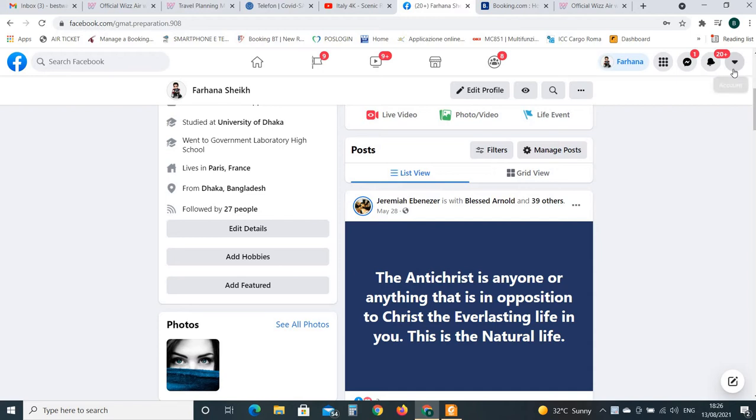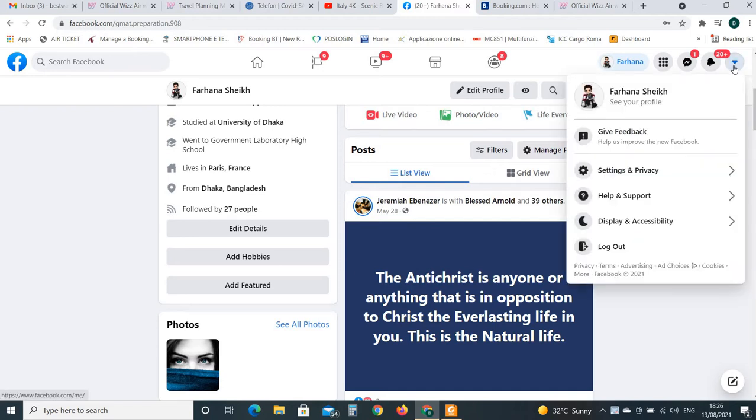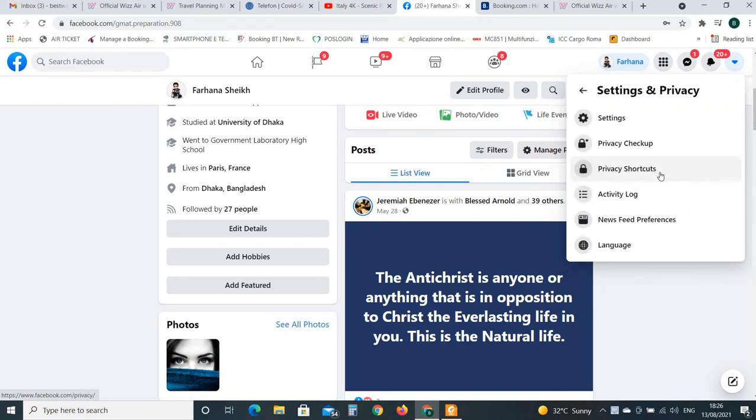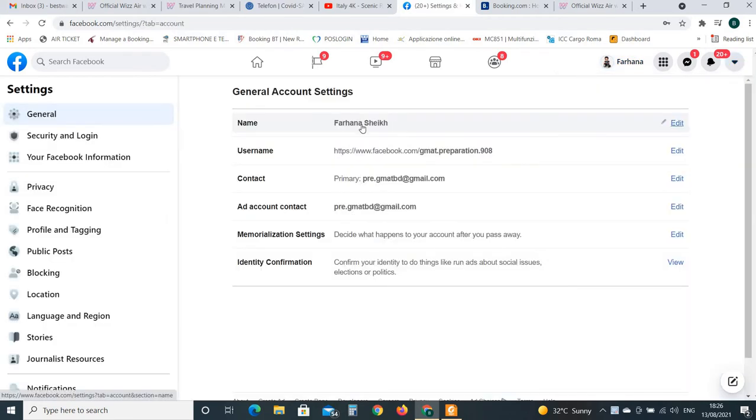We will go simply to the right side of the screen. There is account. If we click the account, we will see settings and privacy. If we click the settings and privacy, we will find settings. We will go to the settings, and on the left side of your screen, there are